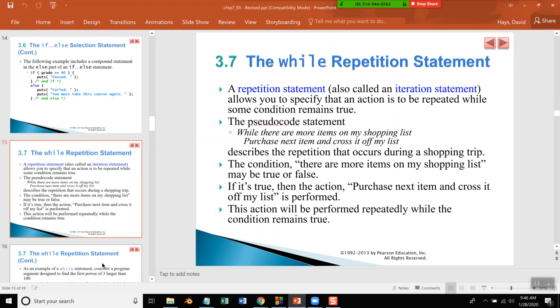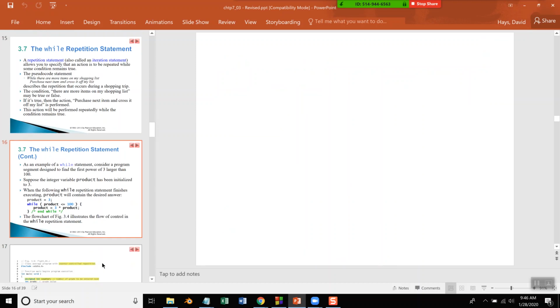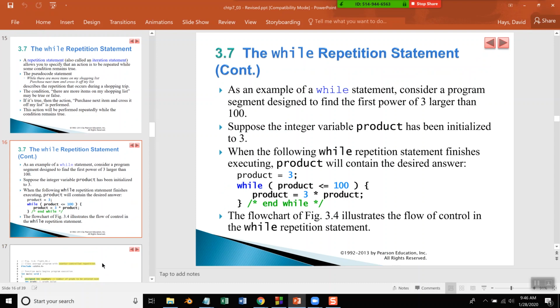Now there's a repetition statement. Specifically, this is looking at the while. And here's an example of a while. We set product equal to 3. And we say, well, product is less than or equal to 100. We take product is equal to 3 times the product. And probably didn't make a whole lot of sense on that one. But